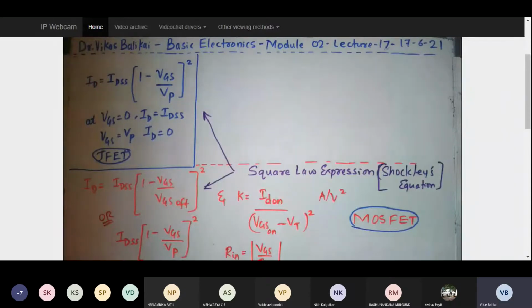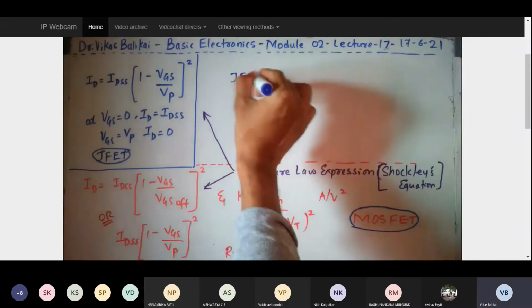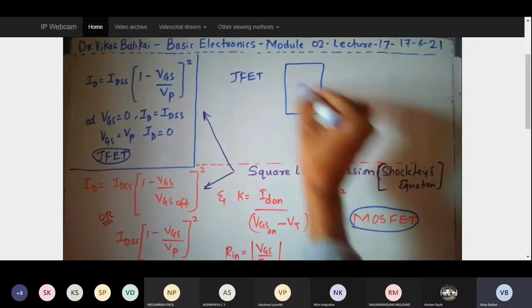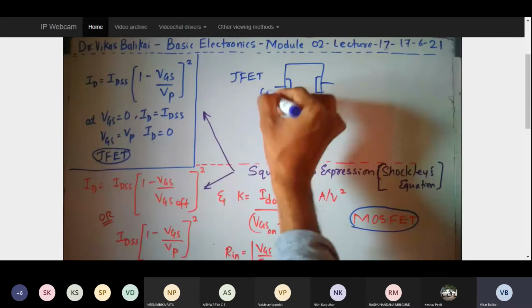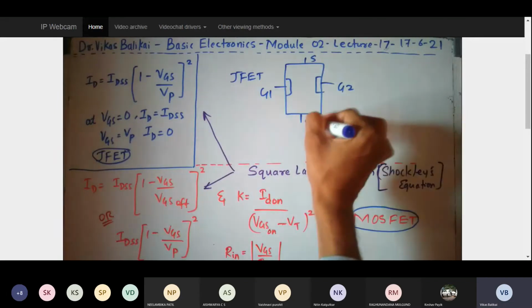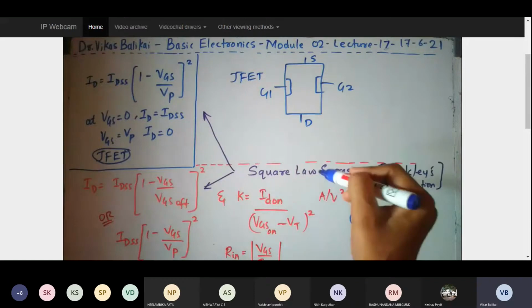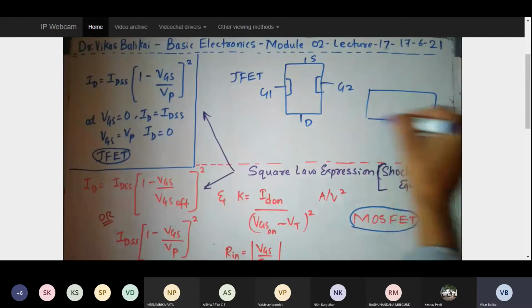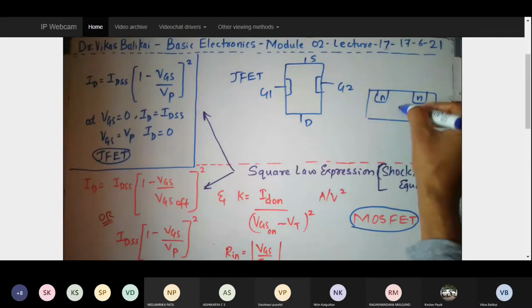See, when we talked about JFET, which was a 4-terminal device with two gates, gate 1, gate 2, source and drain. Now, the prime important feature in JFET or in MOSFET, if I just draw the MOSFET also, what is it that I'll be looking for? I'll be looking for when my current flows. That is my intention, or that is my objective.